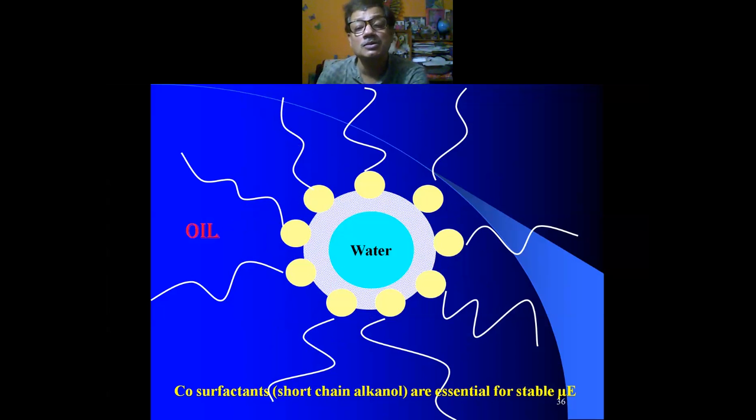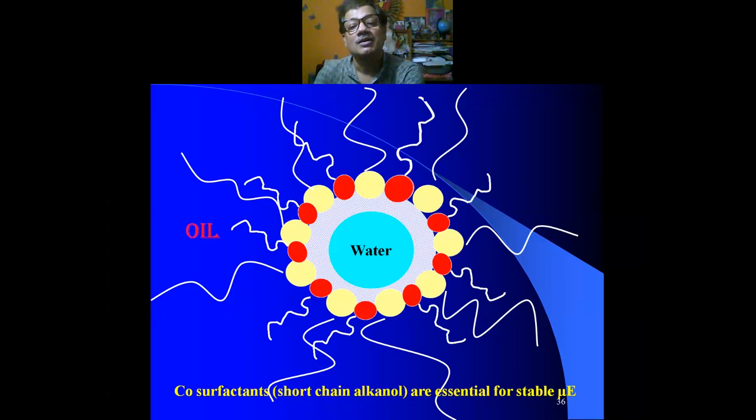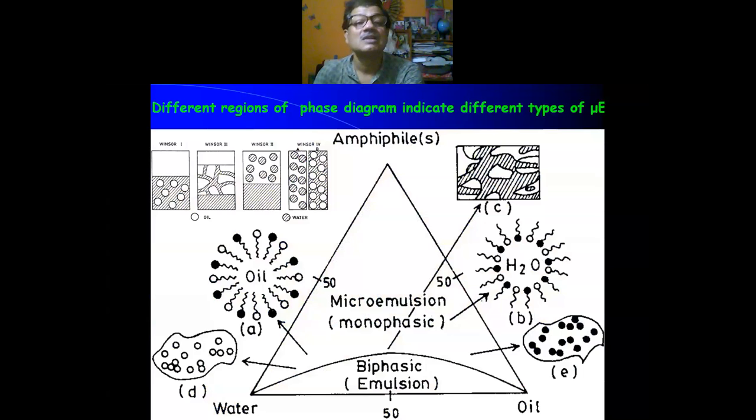আমি তাহলে কি করে বুঝবো? আমি দেখবো আমি ওয়াটার নিয়েছি, সারফ্যাক্ট্যান্ট নিয়েছি, অয়েল নিয়েছি, নিয়ে মিক্স করছি, ক্লিয়ার সলিউশন কিছুতেই হচ্ছে না। Then what I need to do? I need to add some co-surfactant, and then it will form a stable dispersion. This is what I have tried to share with you.